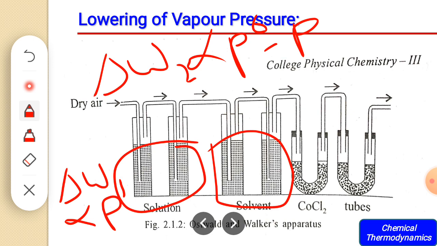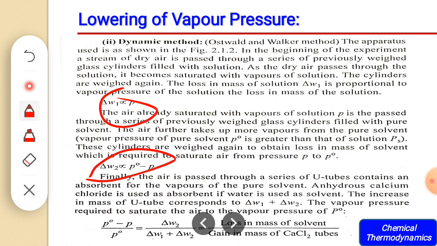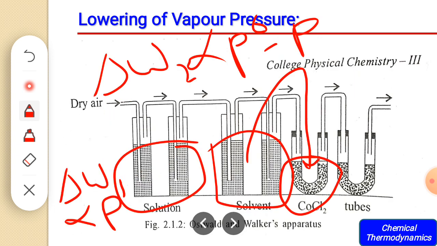And in the last, this saturated air is passed through another tube containing calcium chloride, which works as the absorbent of moisture, the absorbent of vapors. So all the vapors are absorbed by the calcium chloride in this tube, and there is a gain in weight. The gain in weight, or gain in mass, corresponds to